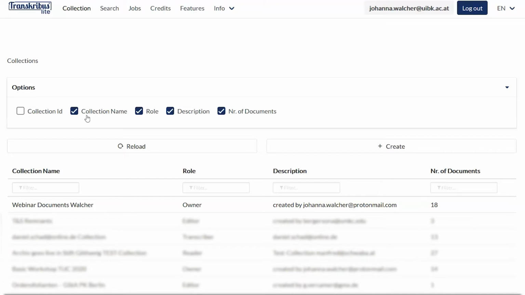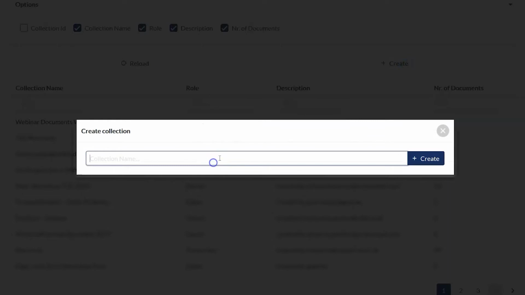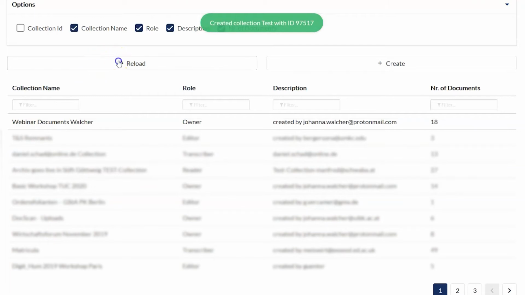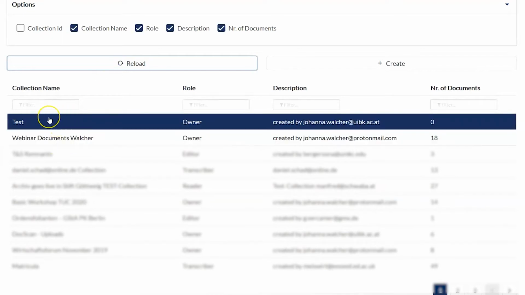When you click on it, you will be able to select or deselect the different options that you would like to see. You can view the collection's ID, the name of the collection, your role, the collection description, and the number of documents in the collection. With the Create button, you can create new collections. Once you have created the collection, you just need to refresh the page with the Reload button,